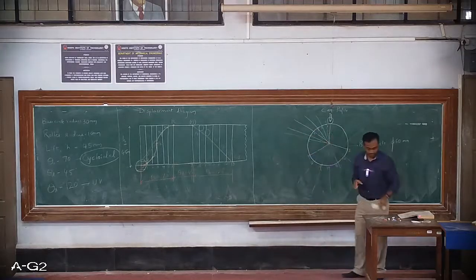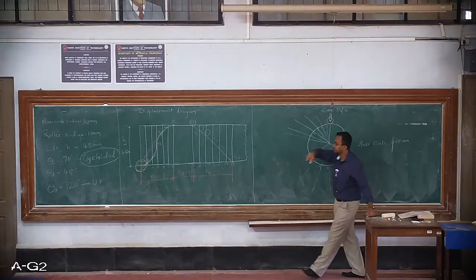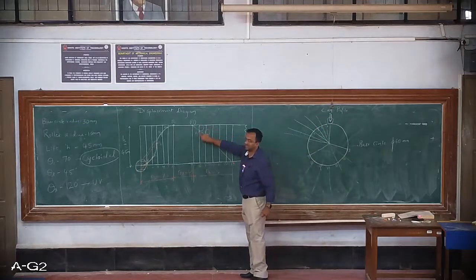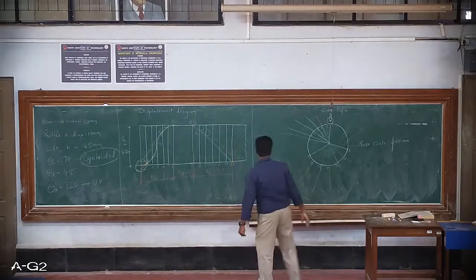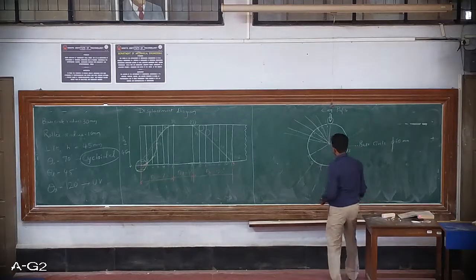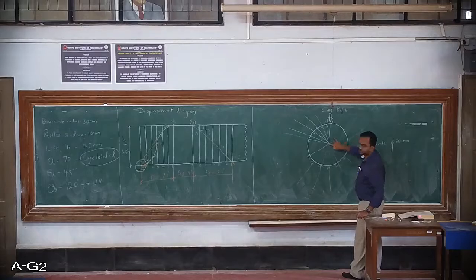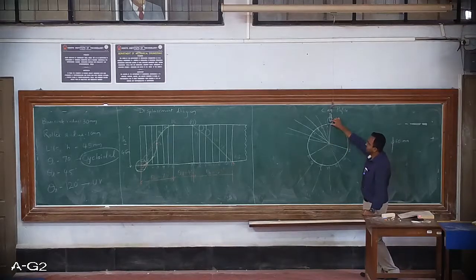That means I need to locate those points which are the center of the rollers, not the tangential point. So instead of here, I need to locate the point here. So this distance is nothing but equal to the radius of the circle. So to solve this problem, we shall draw one more circle whose center will be the center of the base circle and whose radius will be equal to base circle radius plus roller radius. That means it will be 30 mm plus 10 mm. So you need to draw a circle with 40 mm radius.